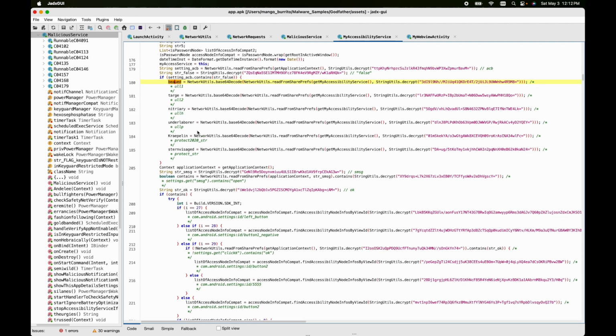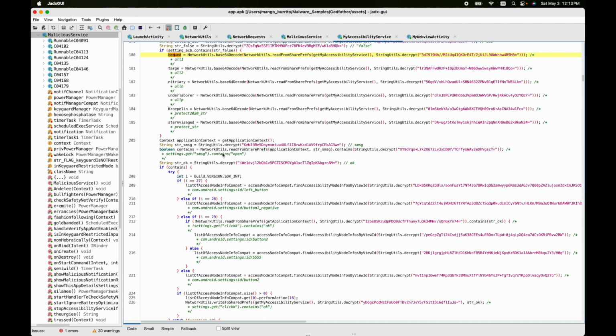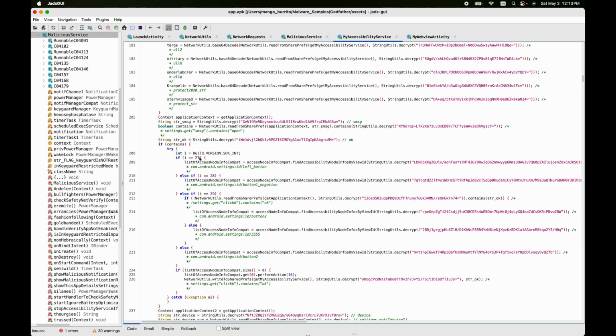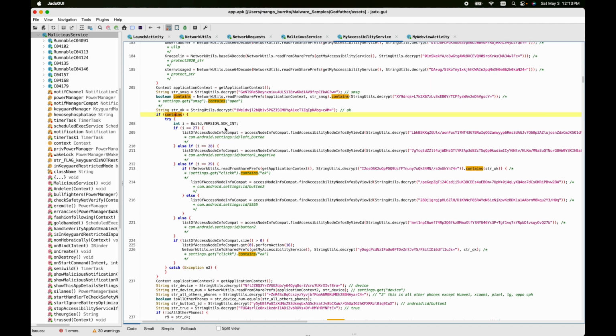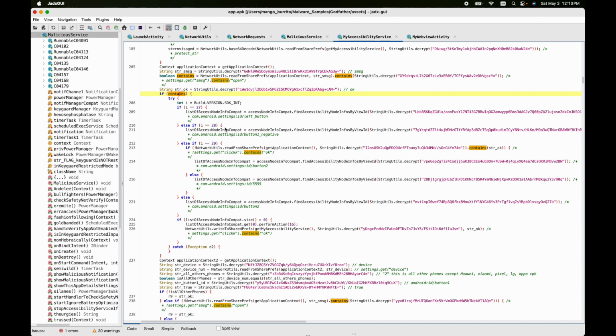And let's see, so let's see where something interesting. More with the settings. If contains, what is contains? Oh, so if that SMSG contains open. So I think that might be like a flag letting them know, hey, accessibility services has been granted. SMS granted, maybe. Maybe that's what they're really attacking is SMS. They want to read messages for like OTP codes or something. And